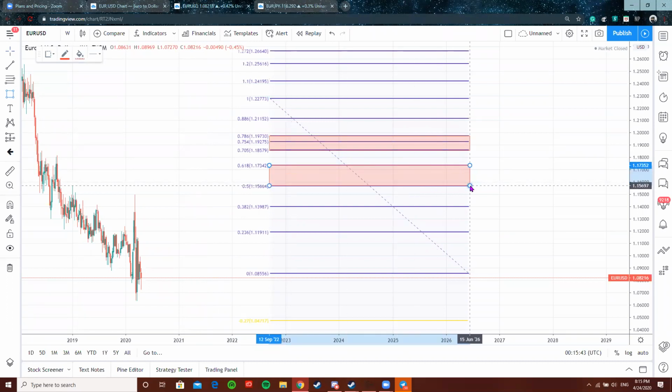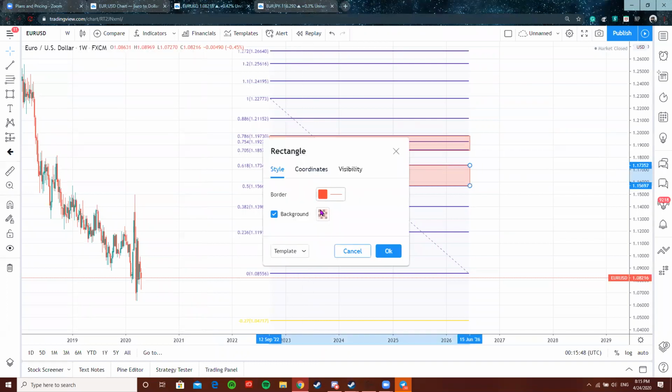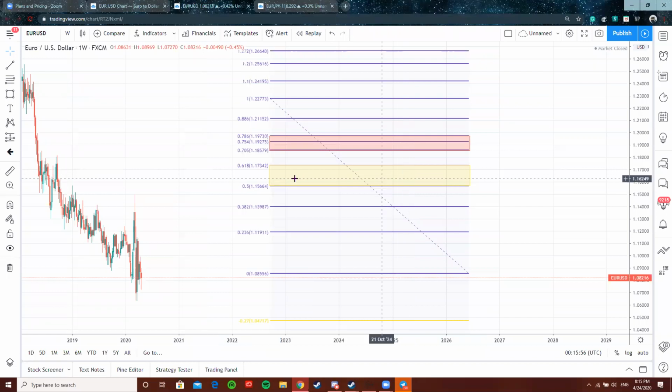The primary kill zone is between your 61.8 and your 50. Your 61.8 and your 50 is the golden zone. It's the zone that everybody looks at and says, this is what I really like to see. This is the golden retracement. But all retracements have failures. It can break through it, and if it does, that's not a problem. Why? Because you have the secondary kill zone. If it breaks through the secondary kill zone, then you know that the trend has broken, or you put your fib wrong.